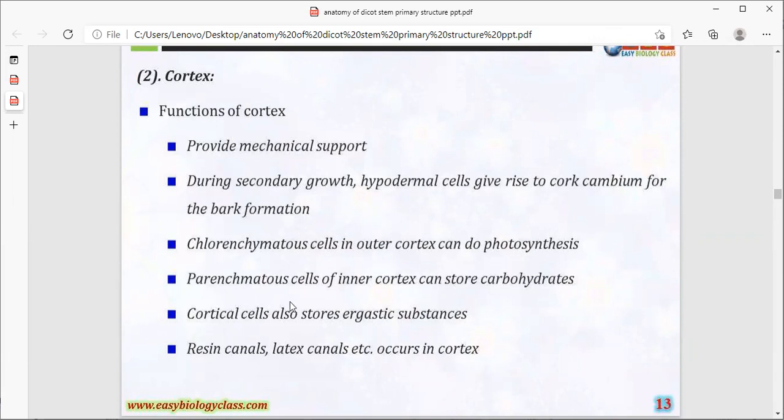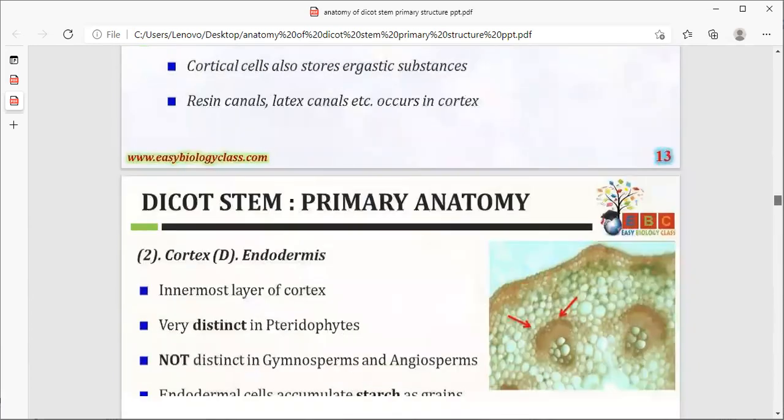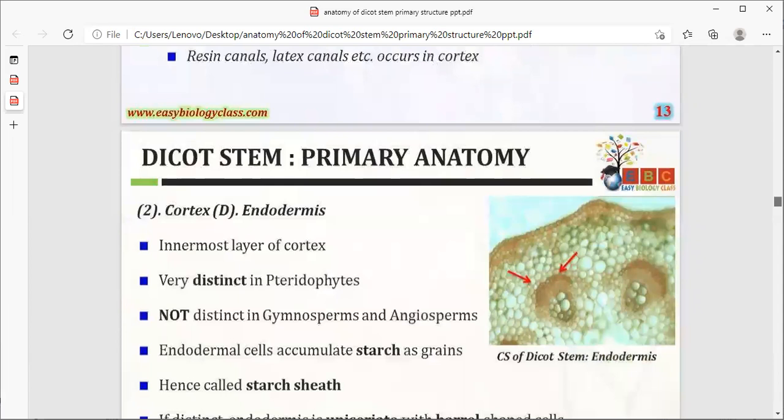Next, cortical cells also store ergastic substances, that means some kinds of chemicals that plants have, like resin canals, latex canals, latex, resin, as like this. Okay, and also in some plants we can find resin canals and latex canals here. So next, if we see here,